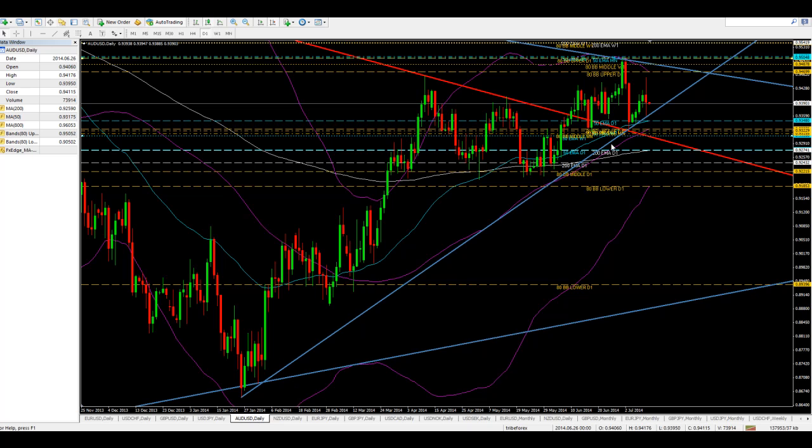Aussie dollar, I'm going to call a consolidation play. This is what's been happening. This trend line basically held very, very well. And it's as old as January, the beginning of January. We are in July now, so it's a 7-month-old trend line. And what you can see here is we've had multiple touches. This is the third or fourth touch that we've had there, and the trend line's at 0.9354. Price was turned at 0.9360.